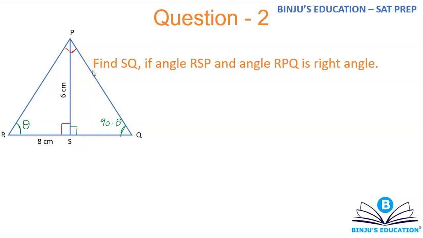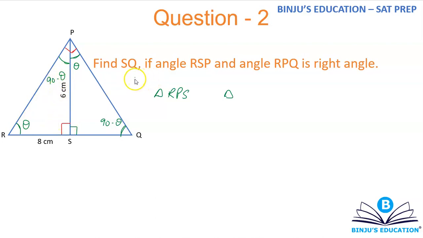So now let's talk about the two smaller triangles PSQ and PSR. If I talk about PSQ, S is 90, Q is 90 minus theta, so this angle will become theta. And using that, I can say that this angle, which is RPS, will become 90 minus theta. Okay, so if I talk about triangle RPS,